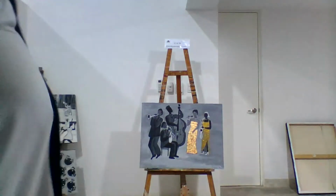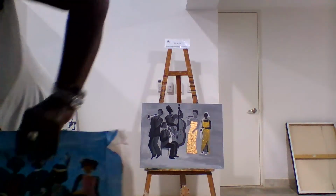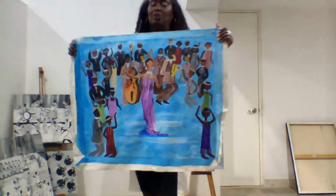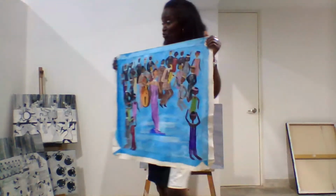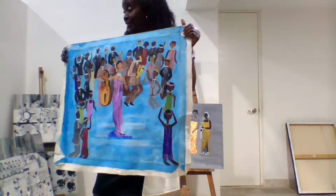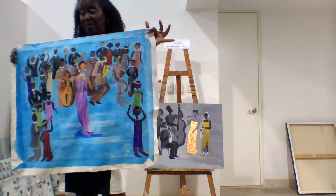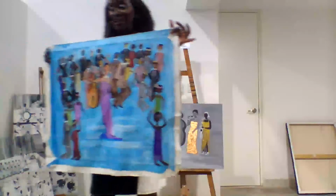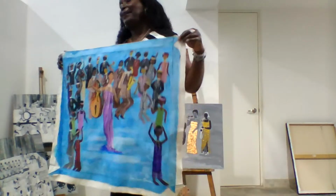Now let's look at another canvas. This one, Josephine and the Flappers. So Josephine Baker and the Flappers, so 1920s style dress. Here we see Josephine Baker, elegantly dressed, as she did back in the day, very elegant. And you have the Flappers with their beads and feathers in their hair, looking beautiful. So this is a lovely, colorful piece, and you can find it on my website,